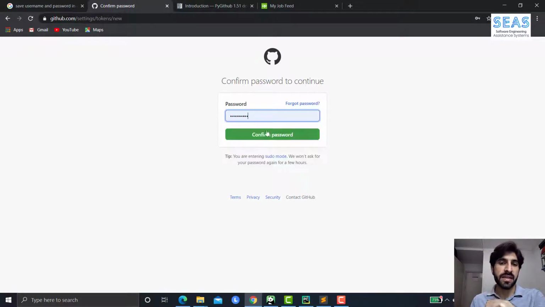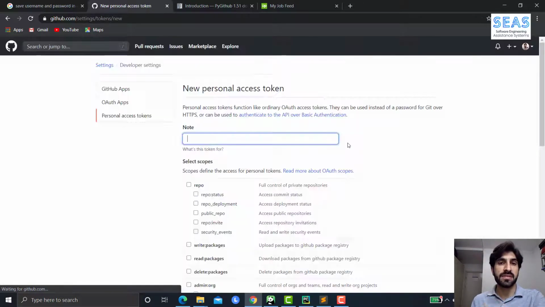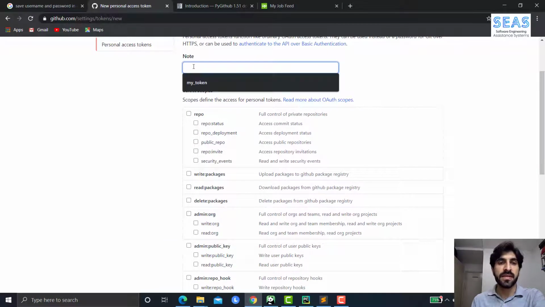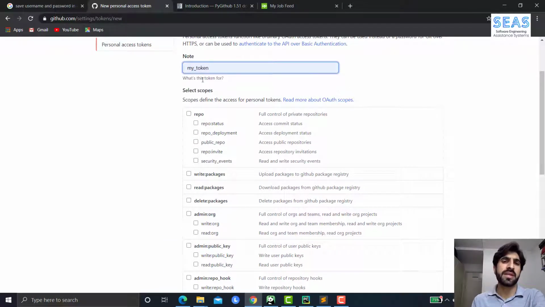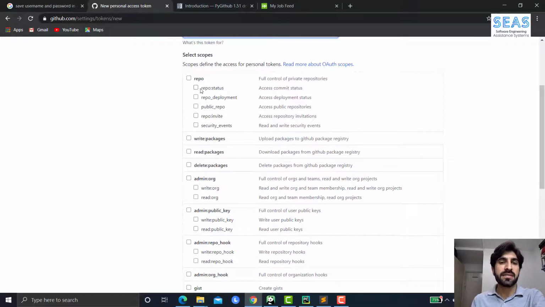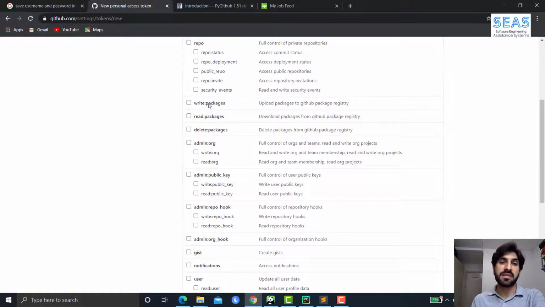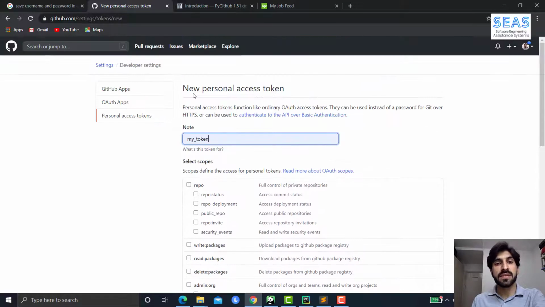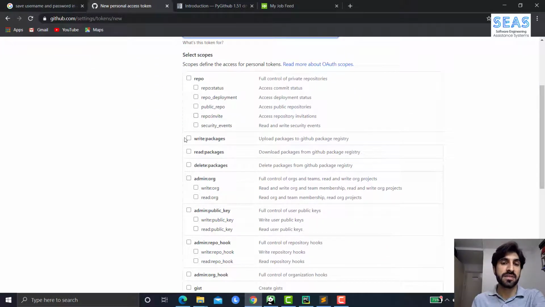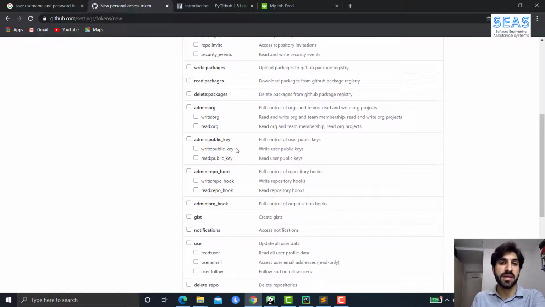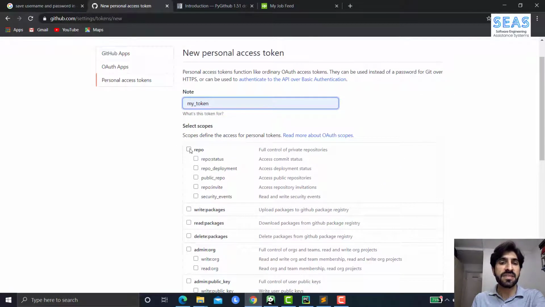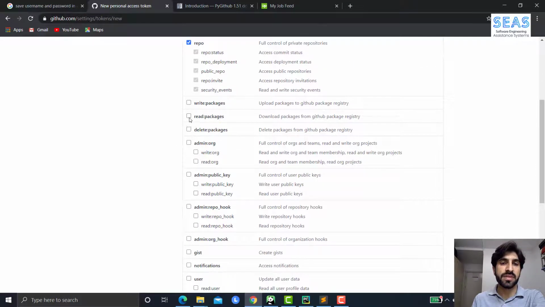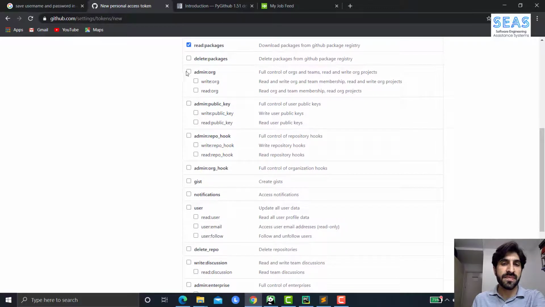Okay, just log in again to confirm that this is your account. Now you can give a name to your token, any name you like, and this is the scope. While giving the scope, be careful because it can be dangerous, specifically when you check write and delete package, because a person who has this access token can perform such operations on your repository. So based on your requirement, check those scopes